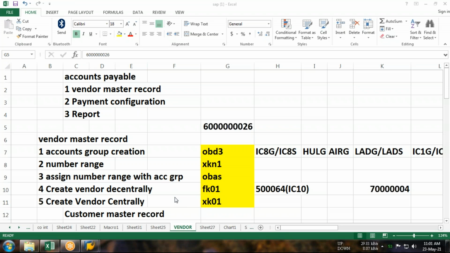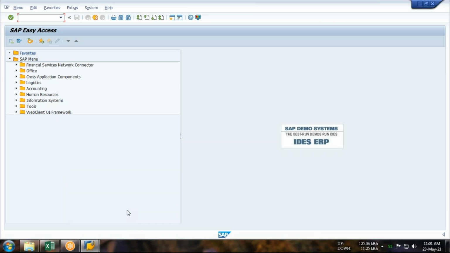So guys, after configuration of the vendor, now I am going to post some document against my vendor. But before the posting of documents, we need to configure a few more things.